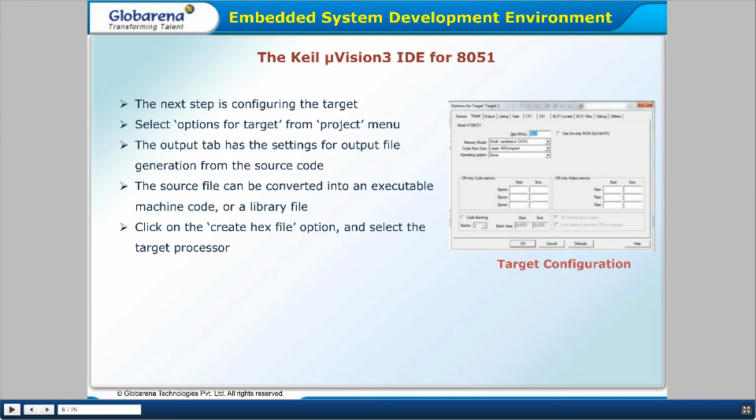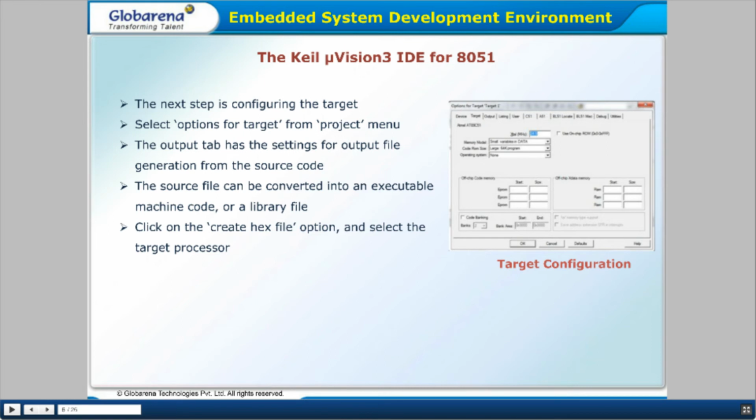The source file can be converted into an executable machine code or a library file. Then click on the create hex file option and select the target processor.